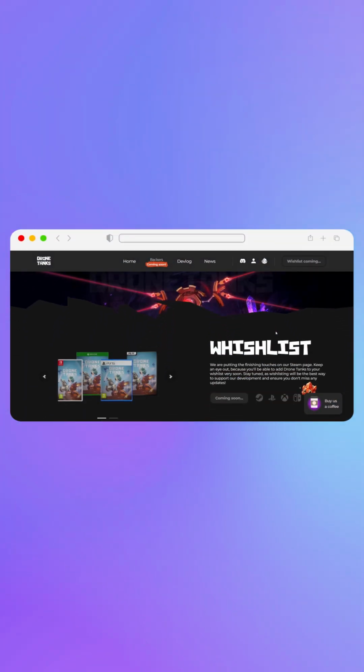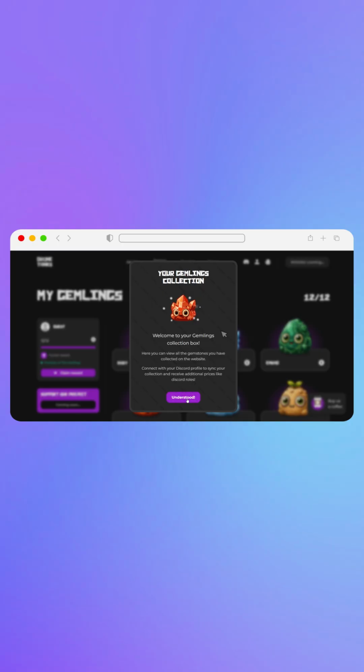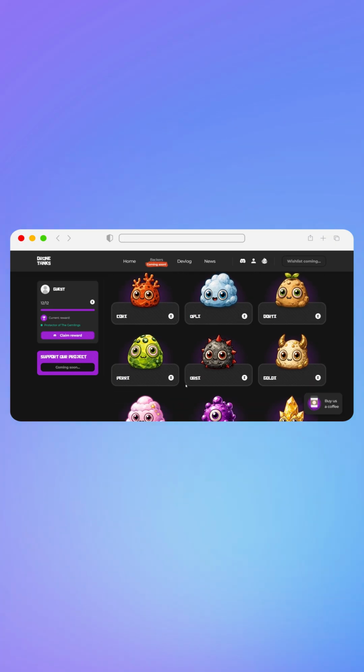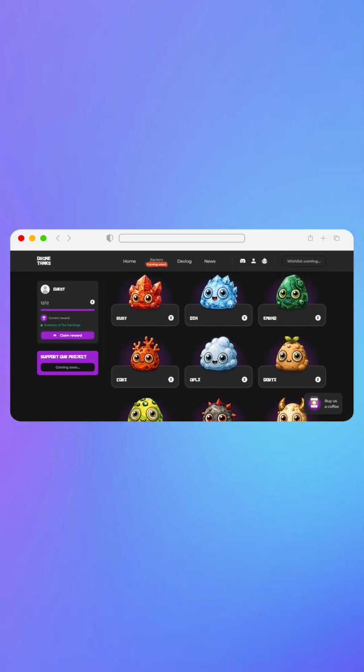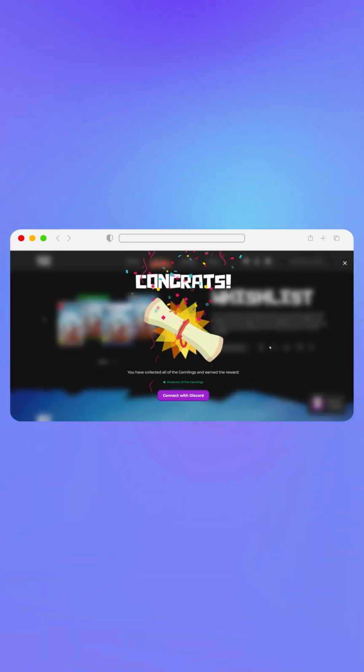For example, I created the website for an indie game called Drone Tanks. The website includes an interactive feature that allows visitors to collect all the gemlings they will need to save in the actual game. After collecting them all on the website, the user receives a special role in the game's Discord